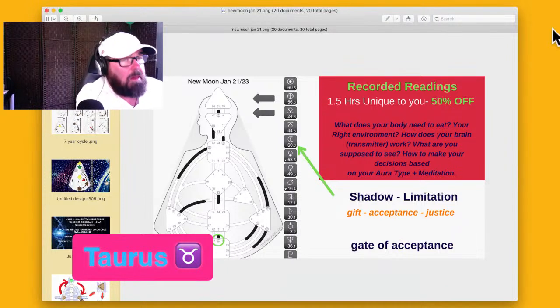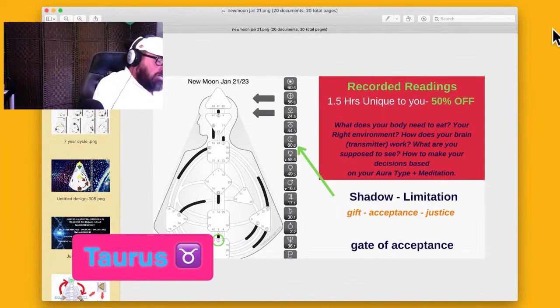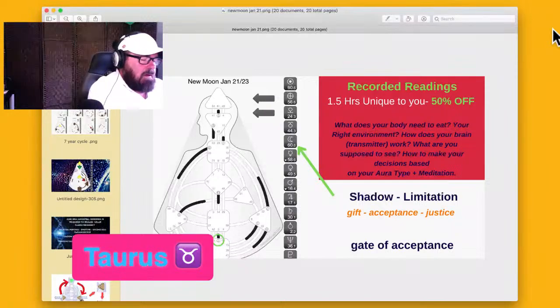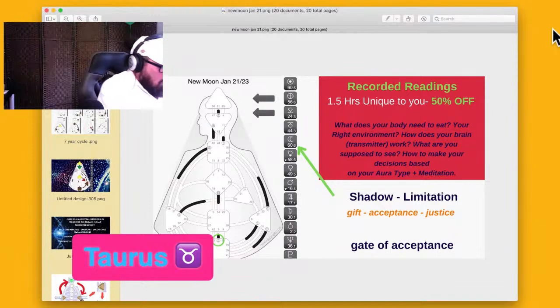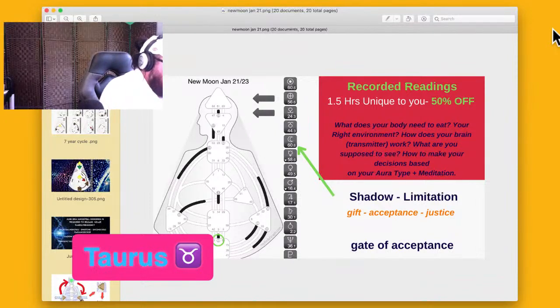So this house is all about the stories that you're creating, but it's also about your beliefs, and it's also about religion. Okay, I think I know what card you're going to get. Let's see. Just want to pick a card. Okay, what do we got for Taurus? We got this one.